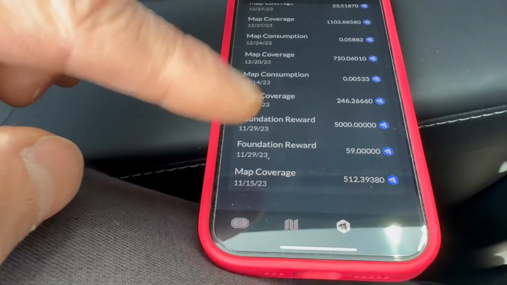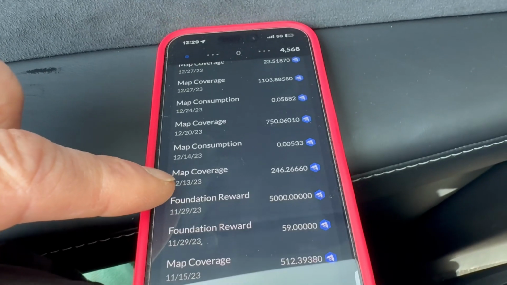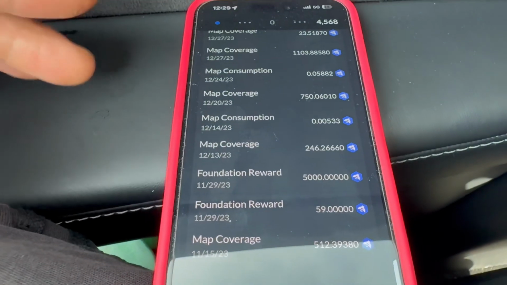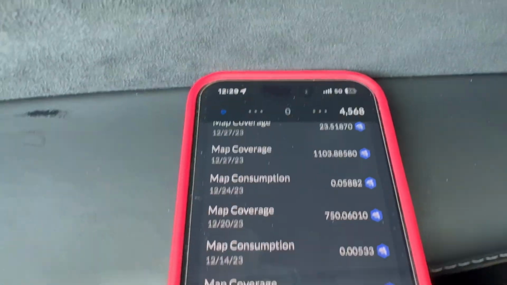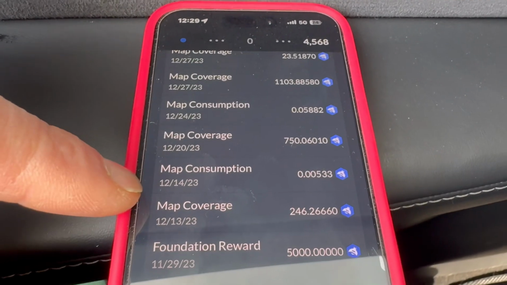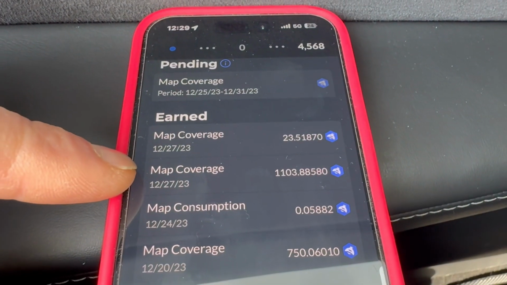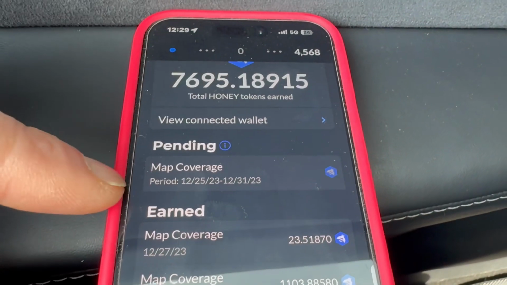So I got the 500 honey there, and then I got a drop of 5,000 honey, and when half of it sold during the bull run, I pretty much paid off my dashcamS. It was $719 that I sold. When I received it back, the first week I got 750 honey, and then I got 1,000 honey just for driving around. It was long trips, and now I'm doing this